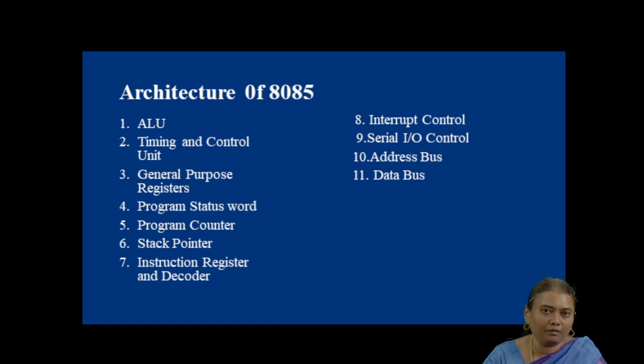6.5 and 5.5. Among the 5 interrupts, TRAP and RST 7.5, 6.5 and 5.5 are known as vectored interrupts. That means for each interrupt signal, there is an interrupt service routine. That is, for each interrupt signal, the control will be transferred to some particular memory location. That will be given by the microprocessor. It is an inbuilt function. But the last interrupt, that is INTR, is a non-vectored interrupt. That is, there is no particular interrupt service routine for this INTR